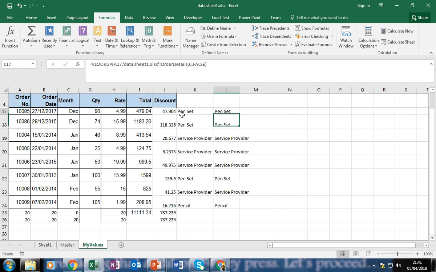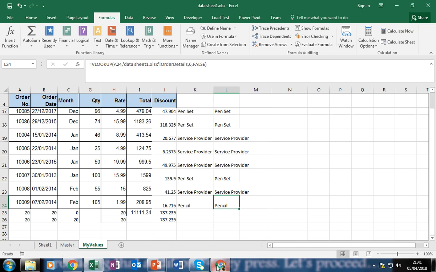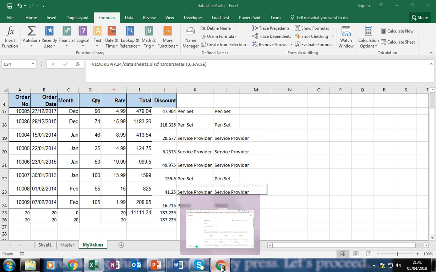See what happens. In this case, everywhere it is order details. So I don't need to bother about the error caused by the relative cell address in the VLOOKUP function. So I think it's better to use this named range, not only in this case, but in many other cases, to avoid some